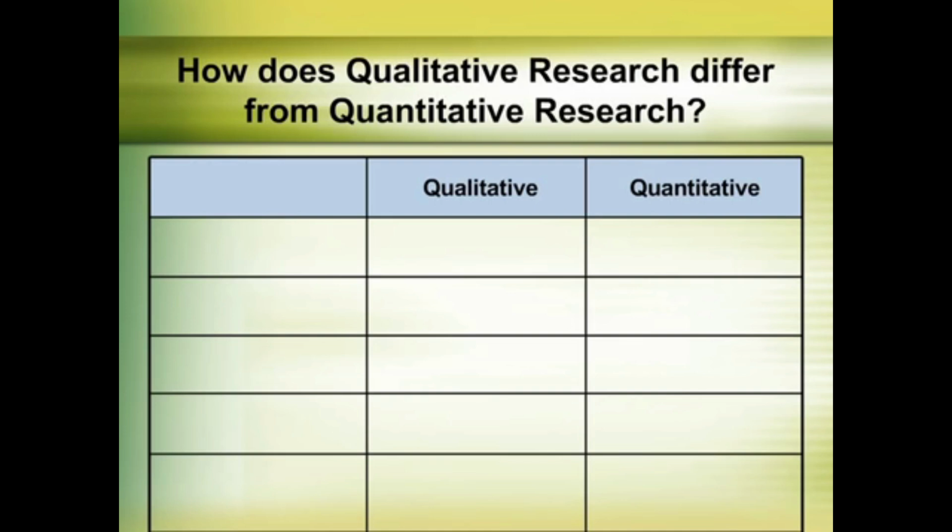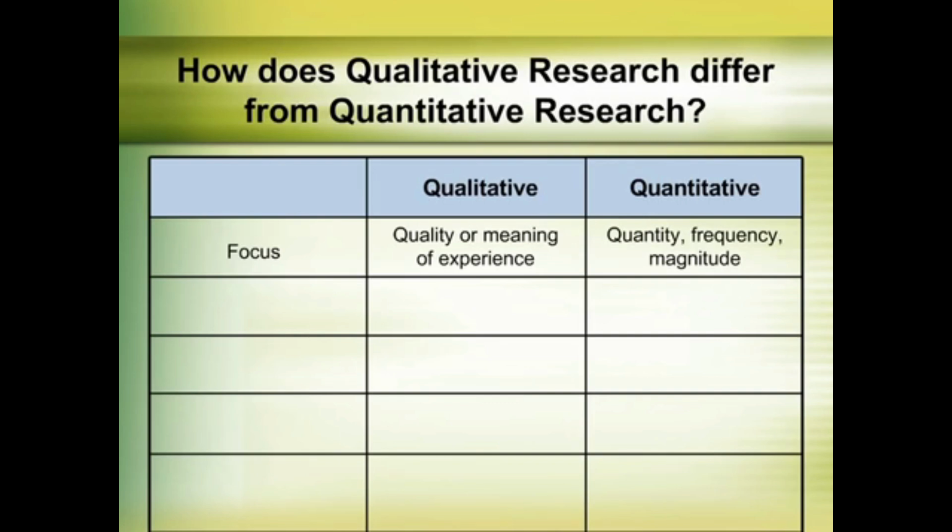Qualitative research differs from quantitative research in several ways. It typically addresses different problems, arises from a different philosophical view of the world, works to achieve different goals, and uses different methods and design. This table illustrates some of the key differences. Focus. Qualitative research focuses on the quality of experience, trying to describe or understand the essence or nature of human experience. Quantitative research, on the other hand, focuses on more measurable factors, asking questions such as how much, how many,